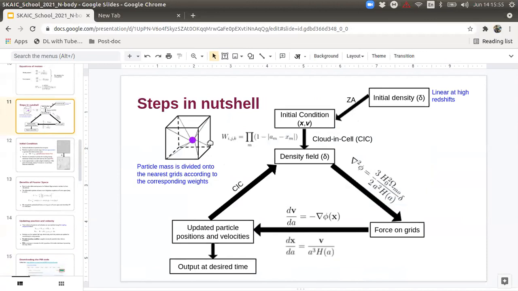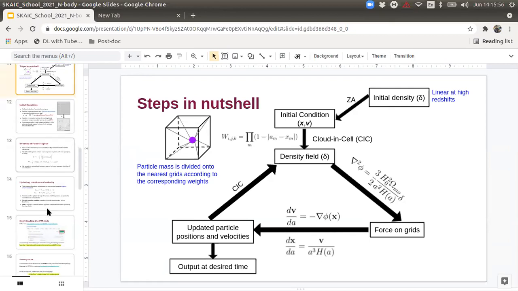Corresponding to this particle, you compute the weight, you assign the densities to these grids, and you go on to the next particle. You again compute the weight, and then again add the corresponding density to the grids. So it will be a sum of the contributions from different particles. Okay, thank you.